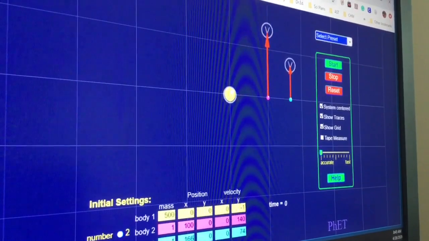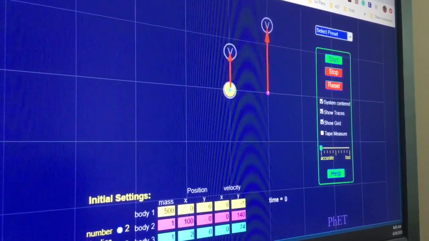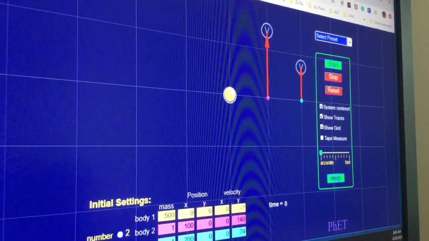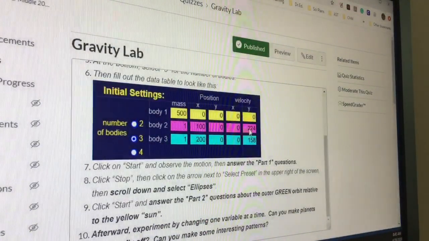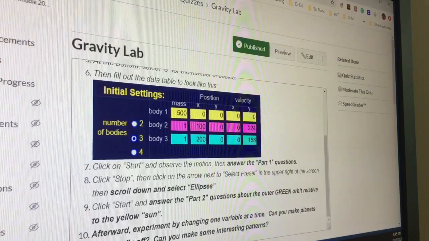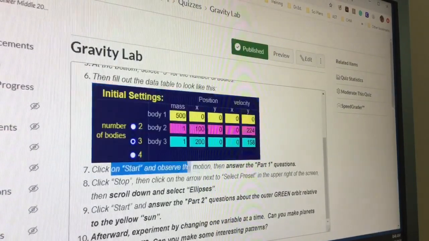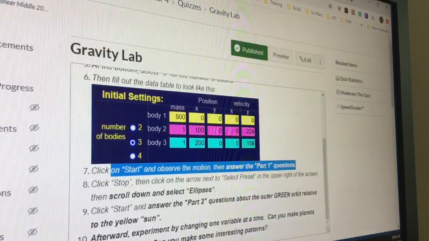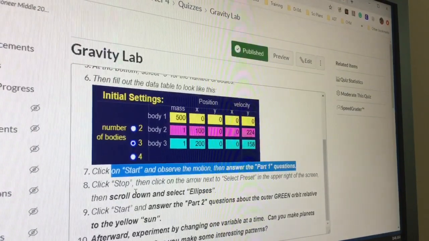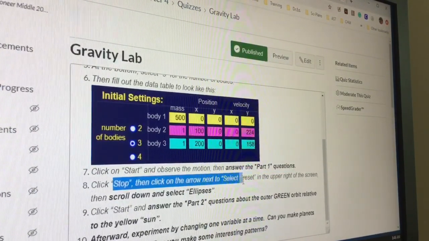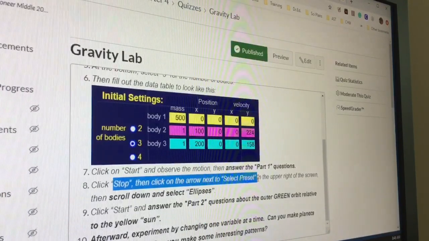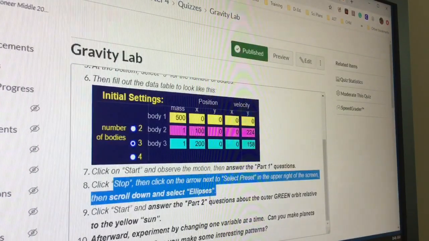And once you have them all set, you've entered them in, then you'll go ahead and start the simulation. So I'm just looking back here, looking at the numbers, entering them in. All right, so now that all the numbers are entered in, we're ready to go ahead and play. Make sure you read the directions here. You're going to click start. You'll let the animation play, and then you go ahead and click stop,